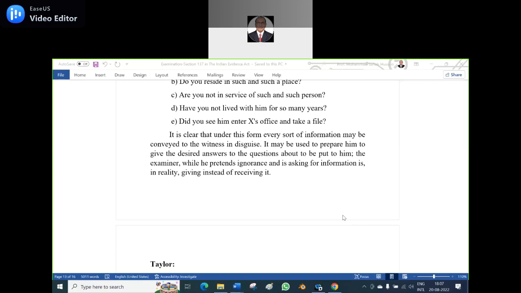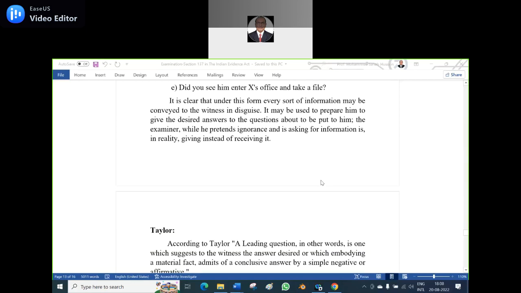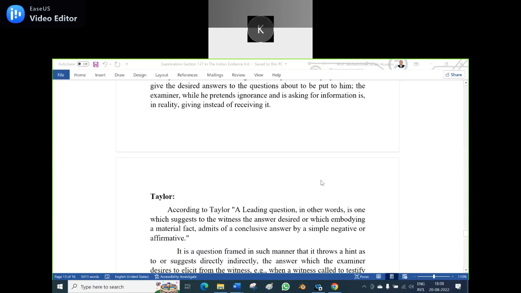When such a thing happens, the party's counsel will say, objection. Of course, depending upon the court, you address the judge as Mr. Judge or whatever is appropriate. If it is a leading question, the judge says, objection sustained. Suppose it is not a leading question and he wants to draw some other information, then he says, objection overruled. Who says? The judge, the magistrate, the presiding officer of the competent court.